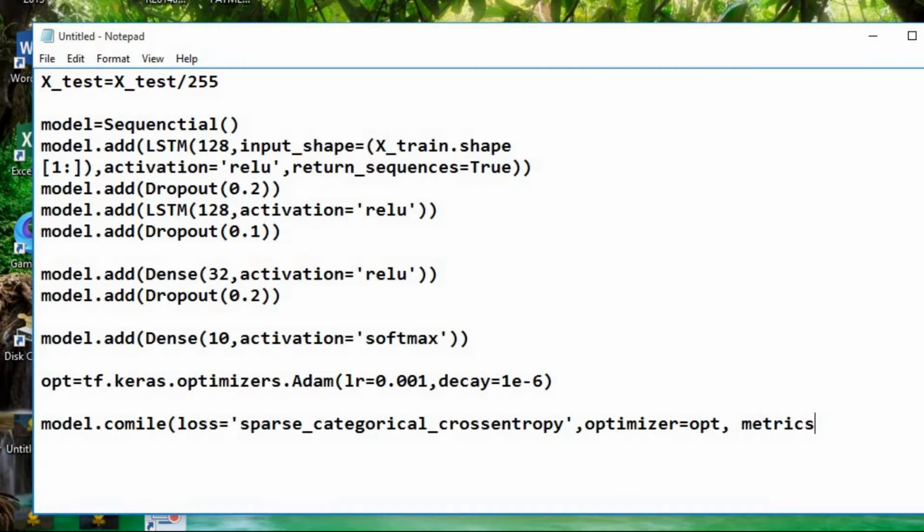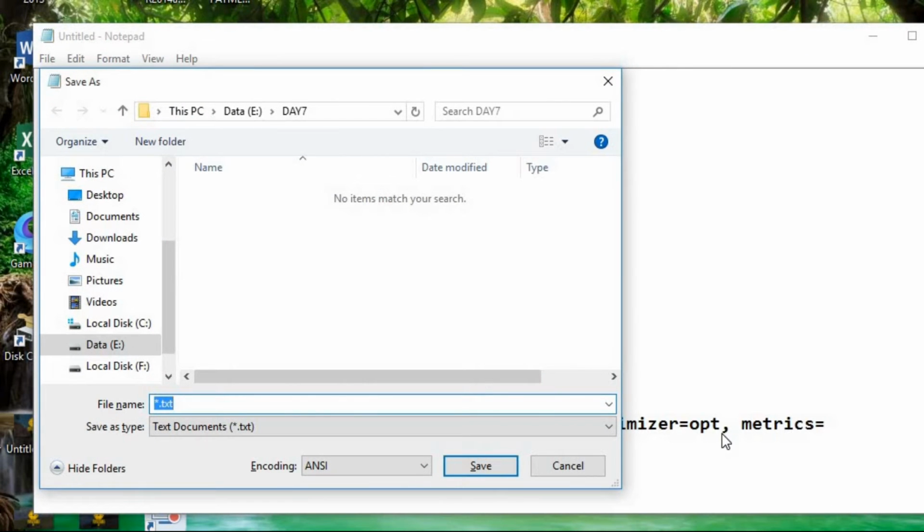You can increase it to 0.01 or 0.1 also, but as the learning rate step is very small, it will learn more and accuracy will be more, but processing complexity will be high. So it will take much longer as the learning rate step goes on increasing. So let us save this as LSTM trial.py.